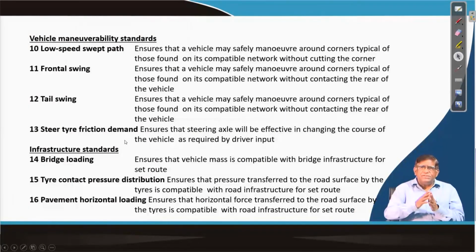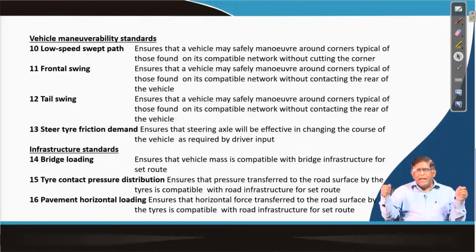Similarly, maneuverability standards also need to be seen in the mines, what type of locations you are getting in the face, and whether space is available or not. If you are taking an articulated bottom discharge dump truck to a face, how its back side will swing, that is, turning within a short turning radius, how it will behave, needs to be taken care of. Similarly, when you are steering, how the tires interact with the ground will also affect the overall performance and overall cost.